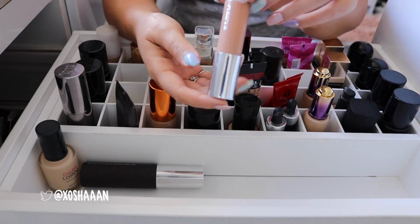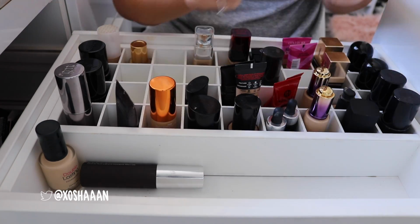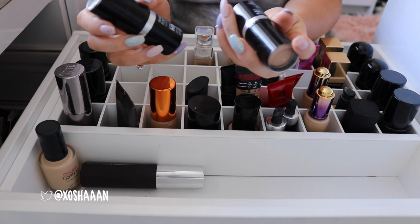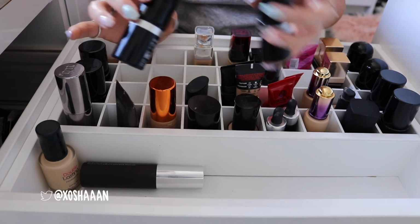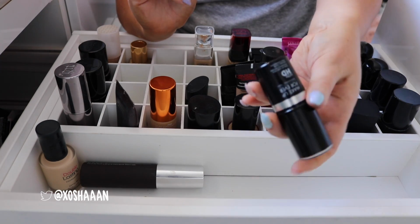I don't really reach for this that often. This is the Clinique Chubby in the Nude foundation stick. I do reach for this one still, even though it wasn't my favorite in my first impression. I still do use it quite often, surprisingly. So I'm gonna keep it, but I'm only gonna keep one of them. I'm gonna keep the lighter one because the dark one's actually a little bit too dark for me most of the time. There have been a couple of times I've been able to use it, but I've got others, so I'm going to keep the shade